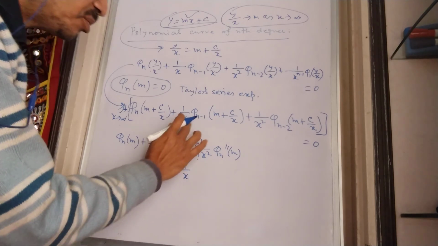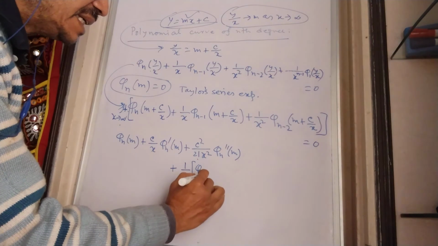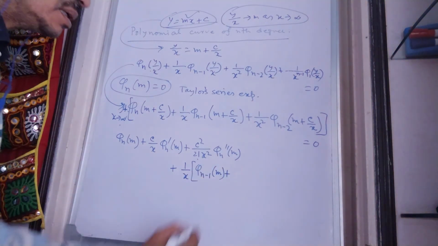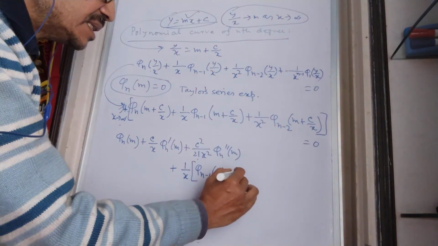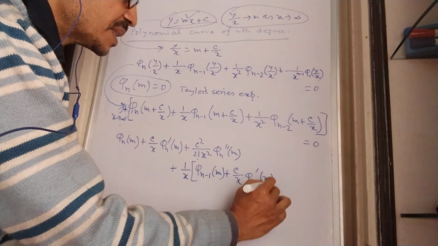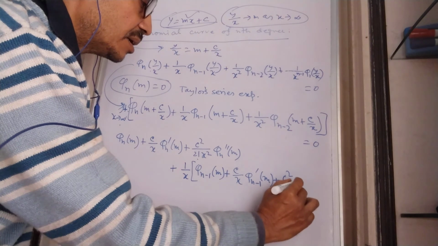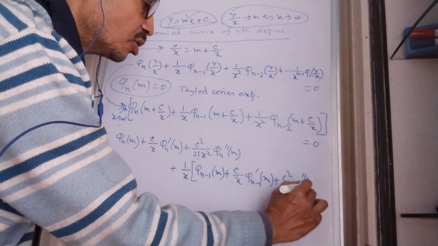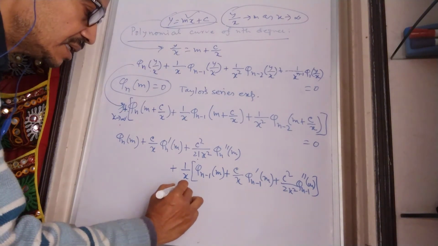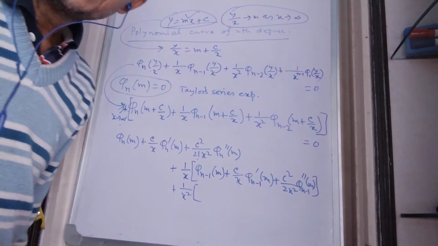Then what about the Taylor series expansion of this term? Let us keep a bracket here. So it is phi n minus 1 m plus, then we have similarly c by x phi n minus 1 prime m and c square by 2 x square phi n minus 1 double prime m. Okay, and similar three terms from the polynomial of